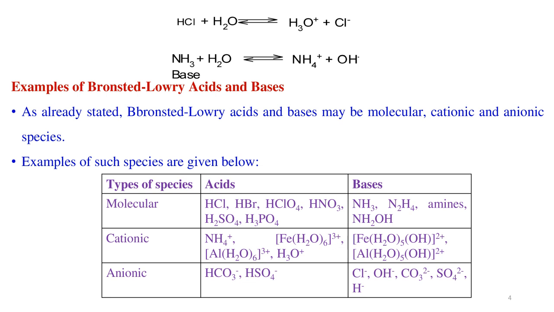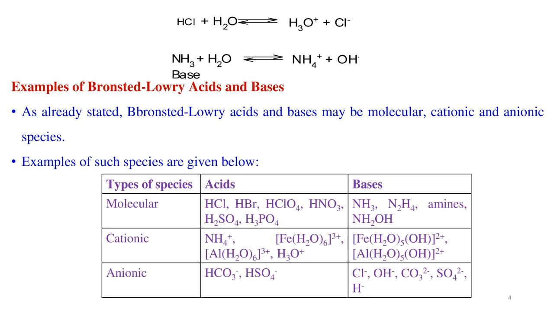Examples of Bronsted-Lowry acids and bases. Bronsted-Lowry acids and bases may be molecular, cationic, and anionic species. Examples of such species are tabulated. The types of species: acids, bases. Under molecules, HCl, HBr, HClO4, HNO3, H2SO4, and H3PO4 act as Bronsted-Lowry acids. Ammonia, N2H4, amines, and NH2OH act as Bronsted-Lowry